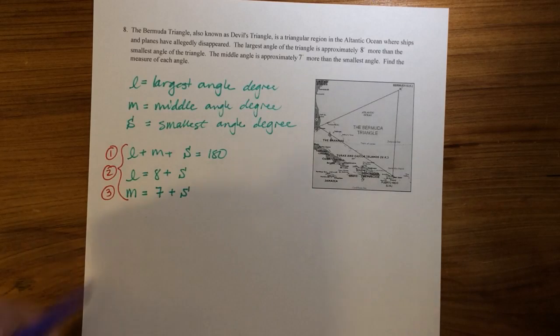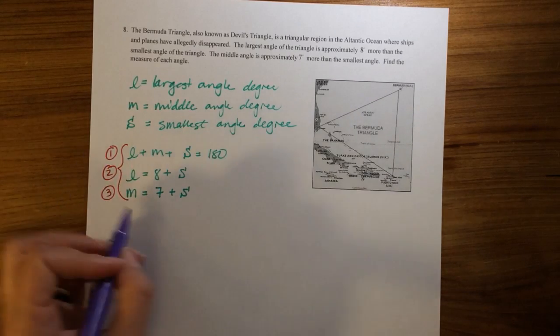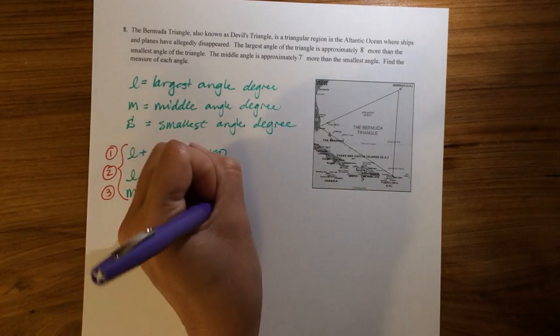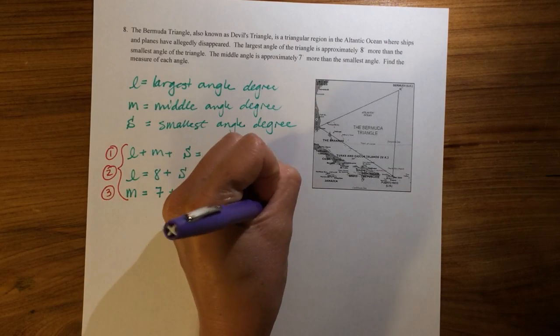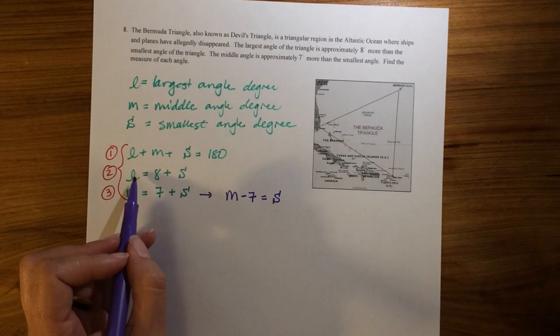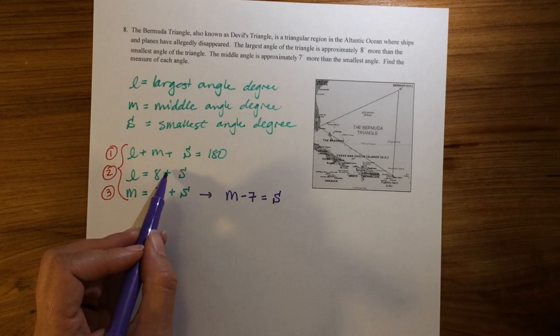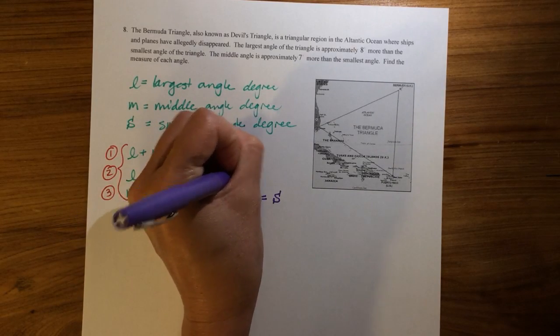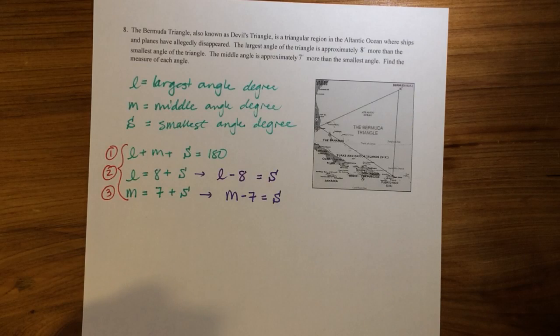So I'm going to just work my way 3 to 1. So 3, 2, 1. So with 3, M equals 7 plus S. Well, in turn, that gives me that M minus 7 equals S. Now, what I can do with that is, with equation 2, if L equals 8 plus S, then I can say that L minus 8 equals S. Now that I have equation 2 and 3 in terms of S, I'm going to take equation 1 and substitute in